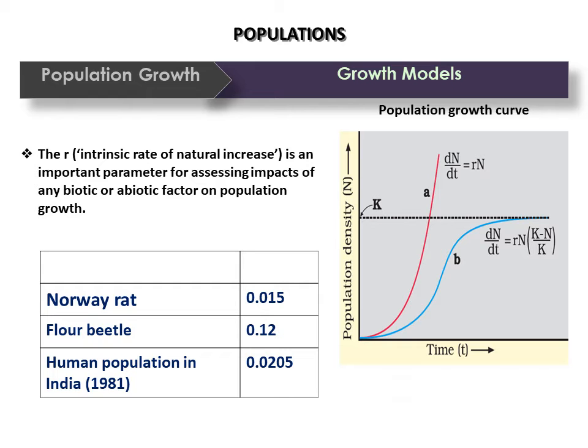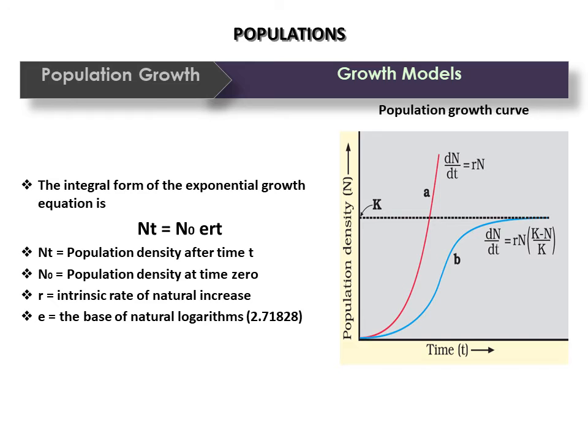So three examples I have kept on your screen, and if you can see the red graph, the J graph, that is the exponential graph, because food is available in so much amount. The food is available, habitat is available, the resources are available, so it will show you a J graph. Yes, so it's a sudden increase. So dN/dt is equal to r into N is represented by the red graph, that is the J graph, and that is the exponential graph. Okay, moving ahead.